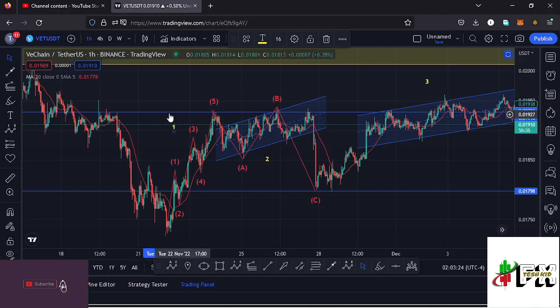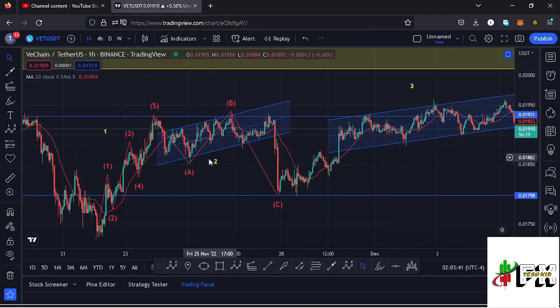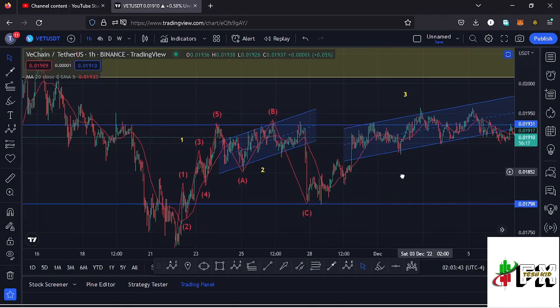And after seeing the formation of a higher Elliott wave count 1, whatever we expect next is a bit of a retracement to the lower side in the formation of a higher Elliott wave count 2, and I believe that is what we have been seeing over here, even seeing this ABC corrective structure which fully maximized the formation of that second wave. And after seeing the low for that second wave, whatever we expect next is an impulsive movement